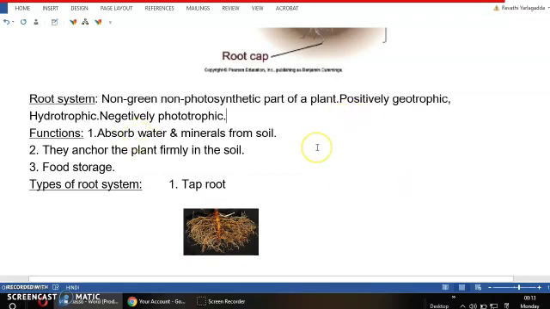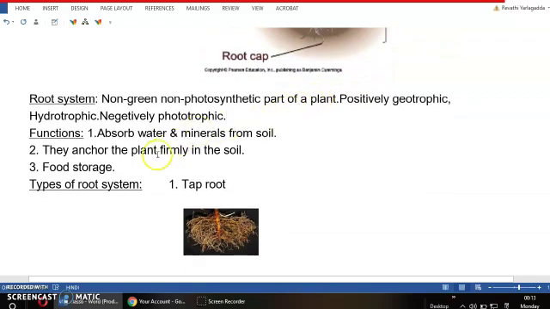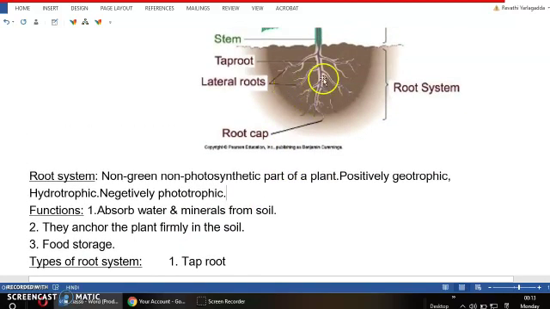But we can see the absorption of water by the plants. How are they drinking that water? Mainly because of the roots. So these roots are the structures which absorb the water and minerals from the soil. Along with the water, whatever small nutrients are present in the soil will be absorbed by the roots only. So these roots absorb water and minerals, and these water and minerals travel like this.